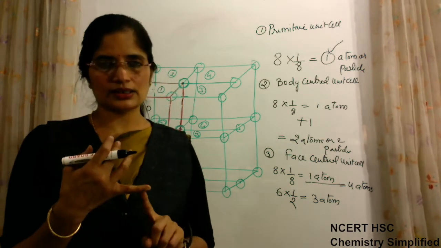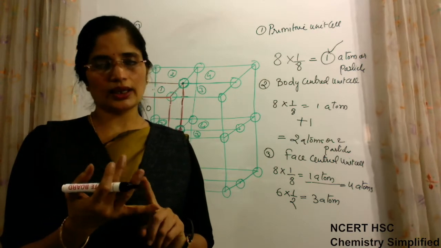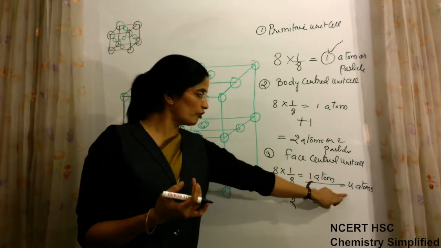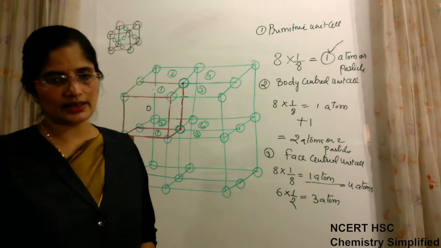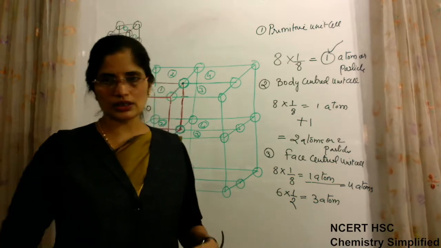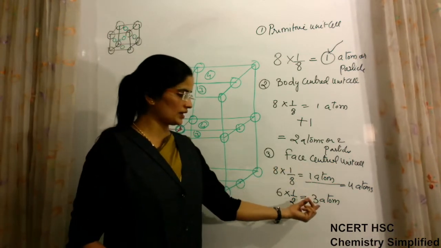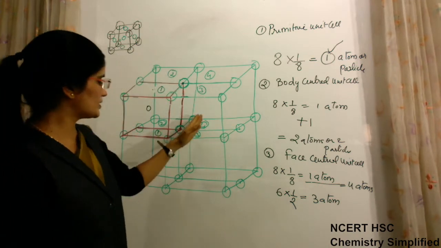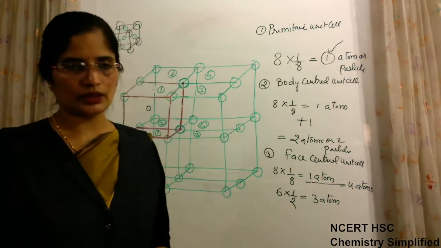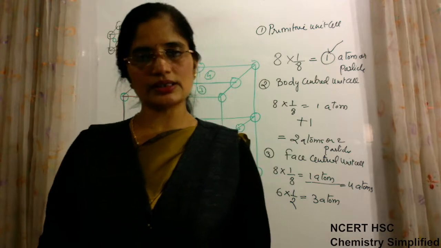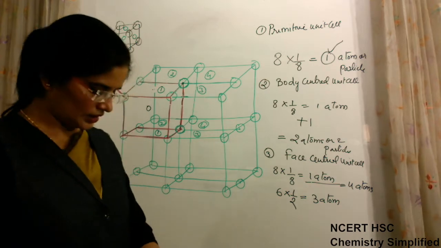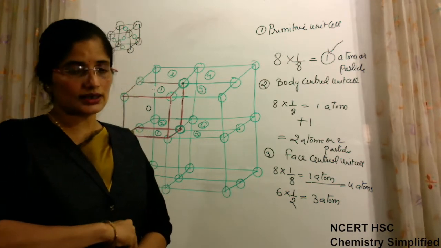Okay, so we have to remember this: 1, 2 and 4. 1 for simple cubic, 2 for body-centered, 4 for face-centered unit cell. The number of particles will always remain fixed, because if the name is this, the particles are going to be present like this only, on the corners as well as on faces or in the center of the body. So we have discussed the contribution per unit cell according to its structure. Is this clear? Because this is something important which you have to understand.